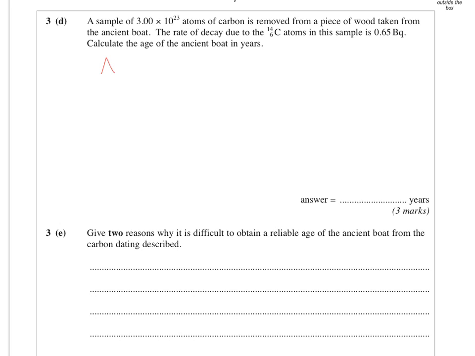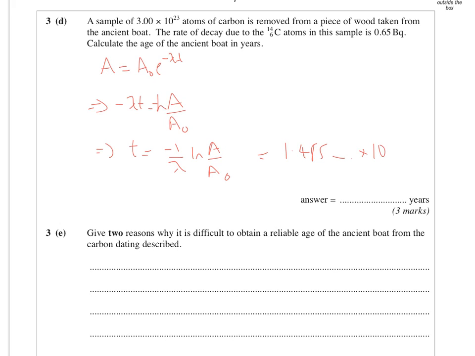So what we're essentially going to be using is this equation there. So let's rearrange that, A over A0, and we're going to take the log of that. So t is going to be minus 1 over this constant, times log A over A0. So let's put that in. So A is 0.65 because that's what it currently is. A0 was 1.15 because we just calculated it. Log of that times minus 1, and then divide by the decay constant, which is 3.84 times 10 to the power of minus 12, and that comes out at 1.485 times 10 to the 11